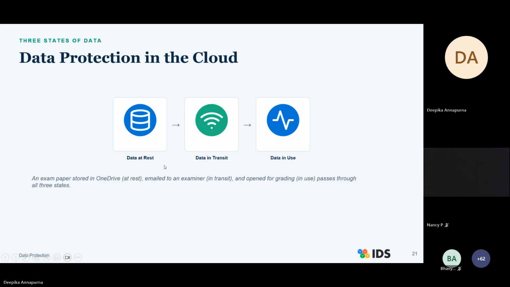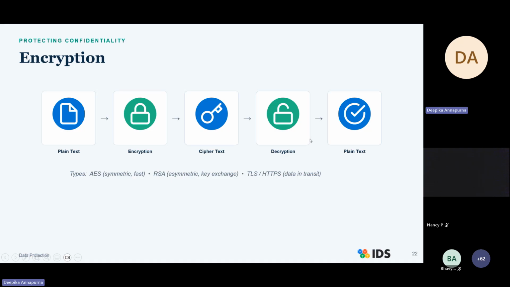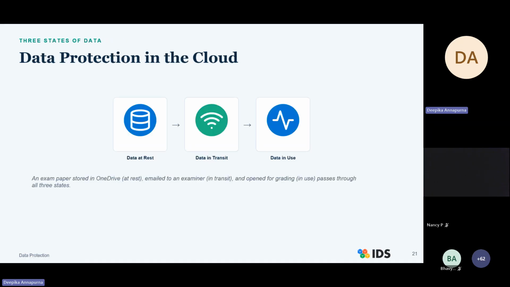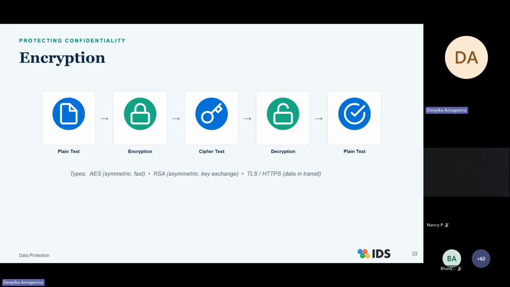So these are the three states of data. Data must be protected through the entire life cycle, at rest, in transit, and in use, not just while it is stored. The next thing: how do we protect the data? Encryption, right? The most important security control in